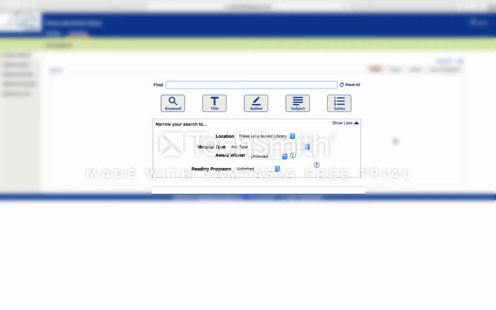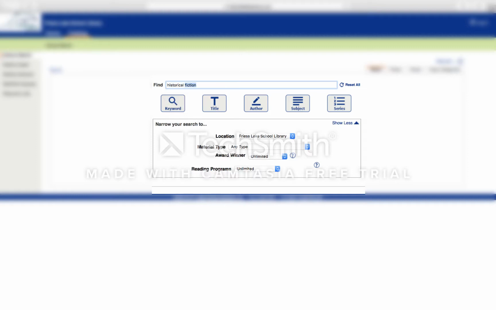This screencast will help you locate a book according to your Fountas and Pinnell reading level or your Fountas and Pinnell text band. Let's use an example. Your teacher has asked you to find an historical fiction book in your text band of UVW. Let's first type in historical fiction